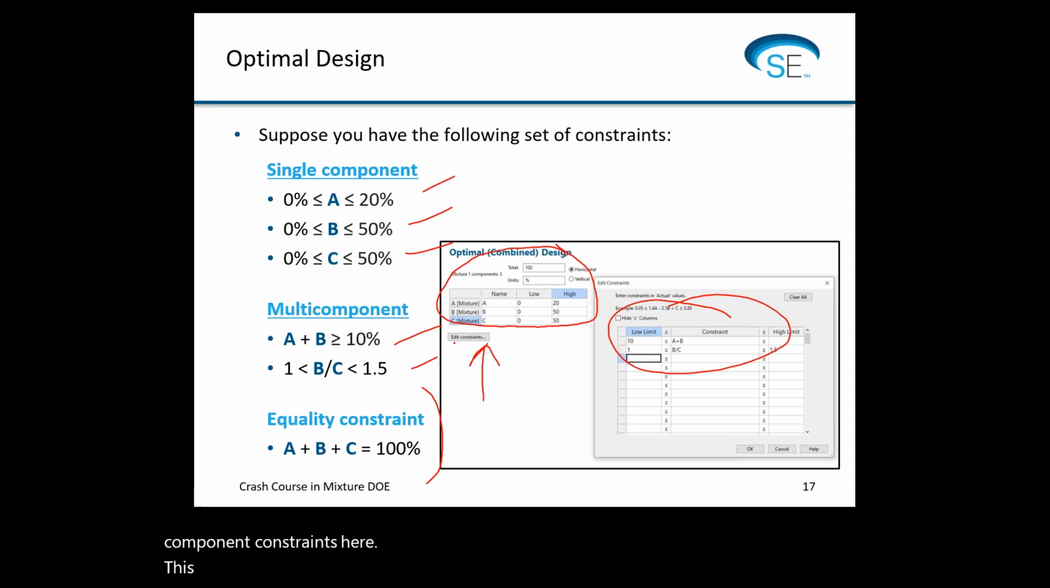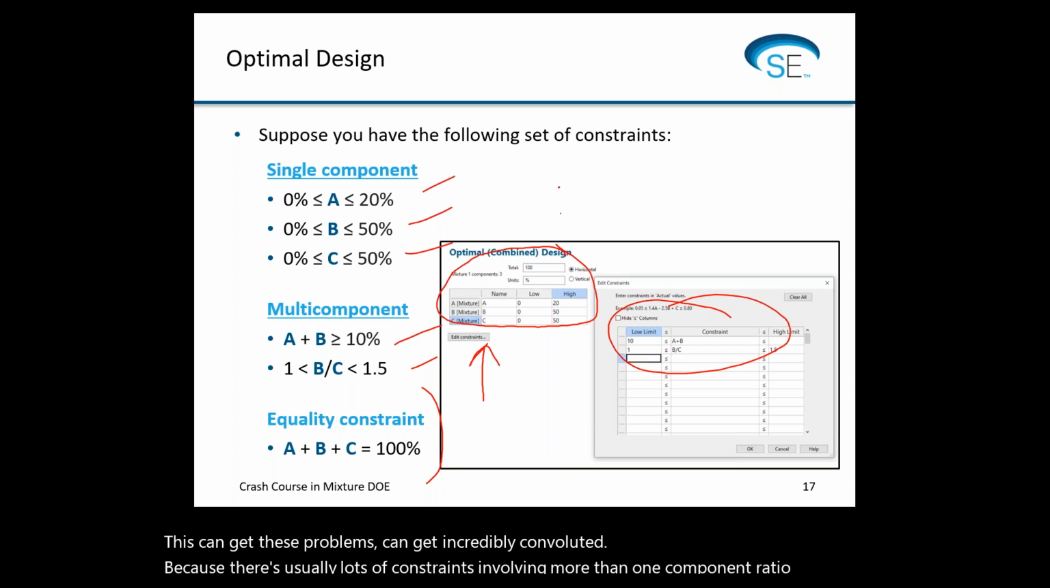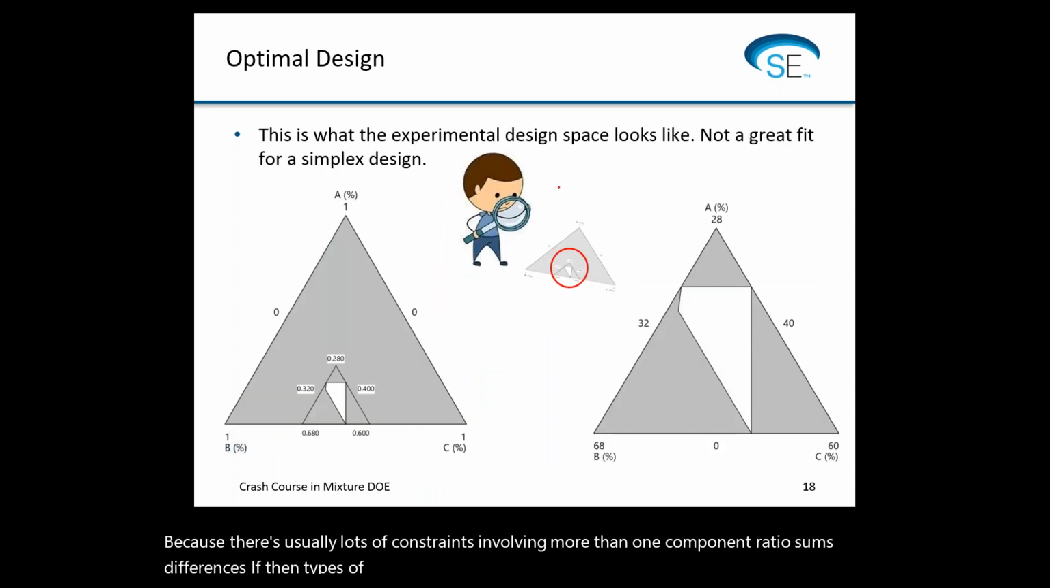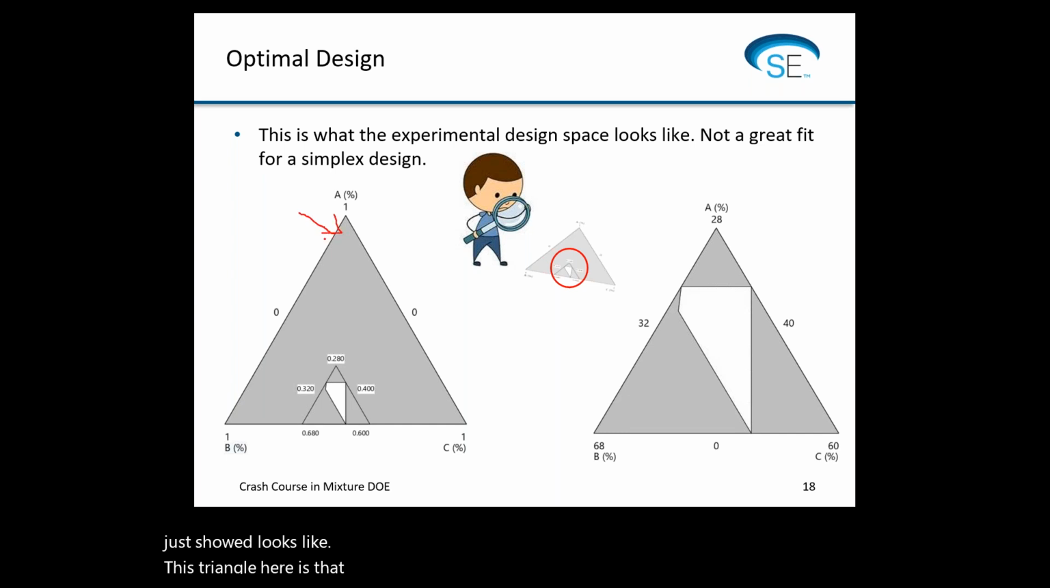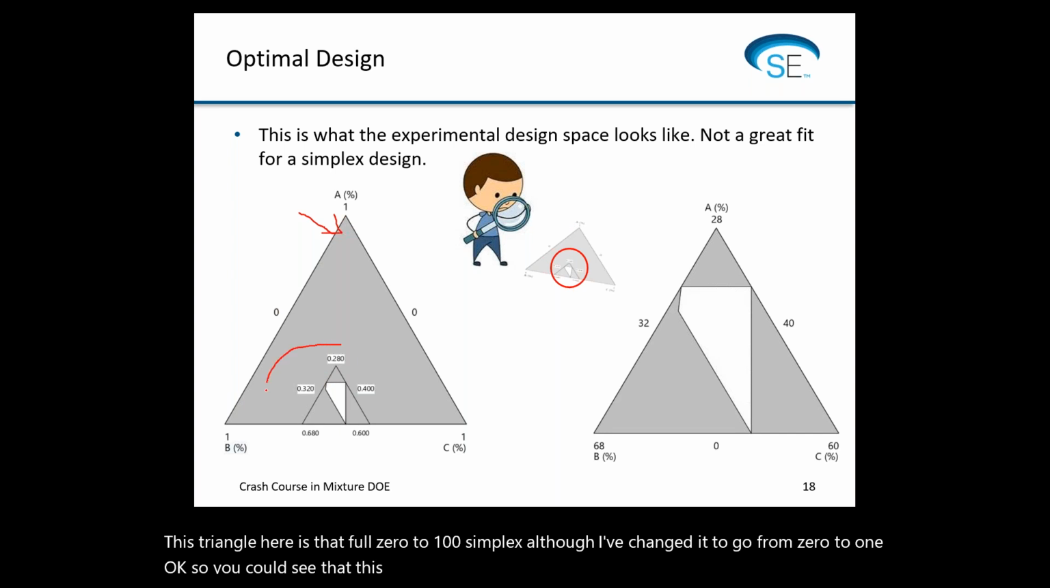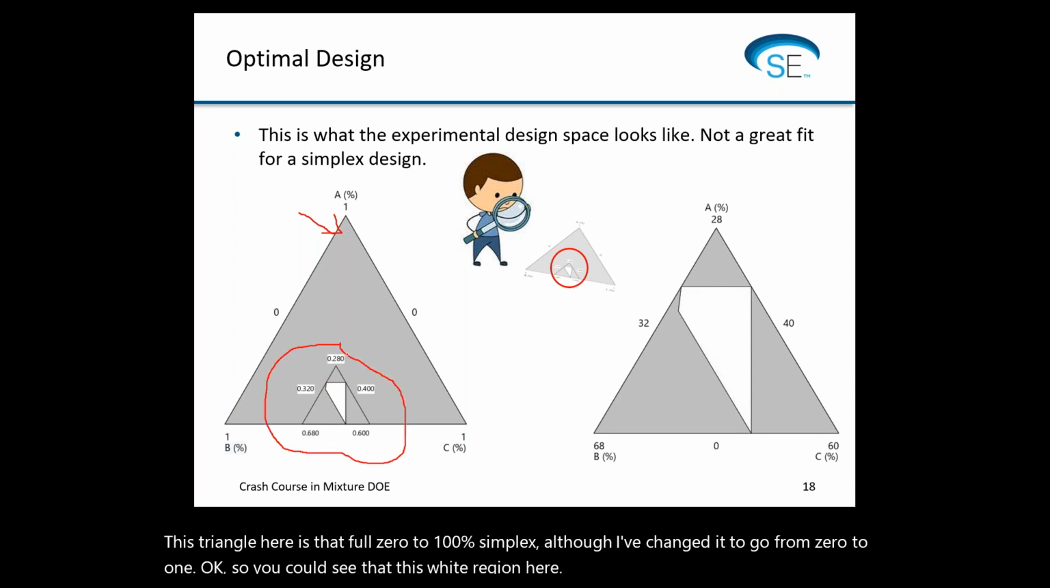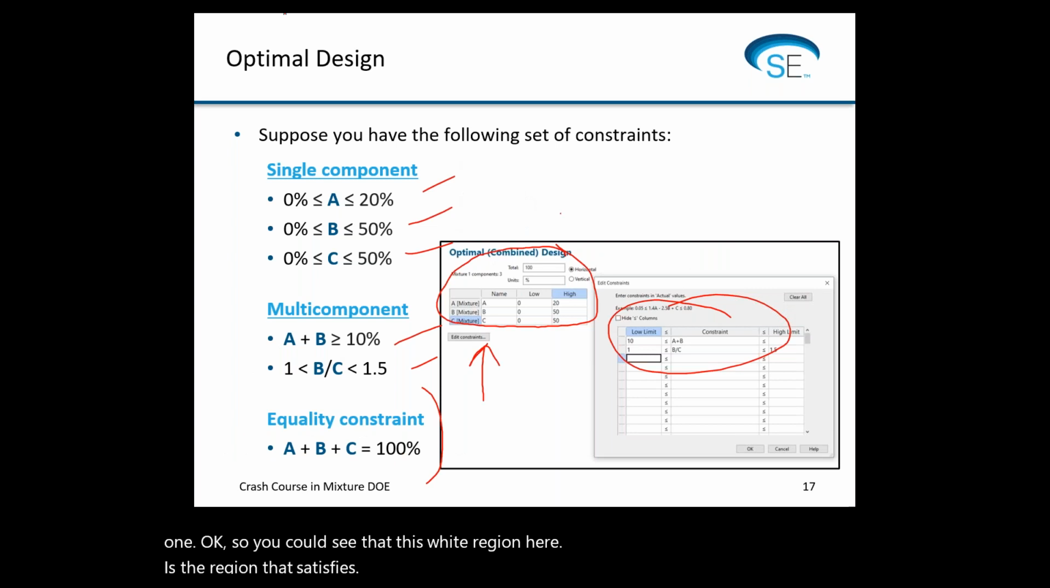These problems can get incredibly convoluted because there's usually lots of constraints involving more than one component, ratios, sums, differences, if-then types of things. So here's what the design space for this experiment that I just showed looks like. This triangle here is that full 0 to 100% simplex, although I've changed it to go from 0 to 1. Okay, so you could see that this white region here is the region that satisfies all of these constraints I